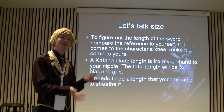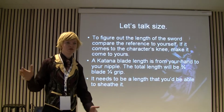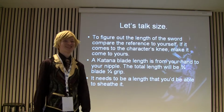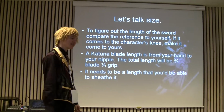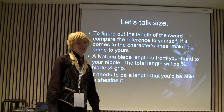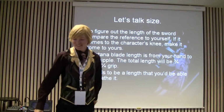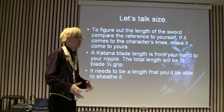I see a lot of people doing it with Sephiroth costumes. Personally, I think it looks better if you scale the sword to yourself, because at 7 foot, first of all, no one's going to be able to sheath that. Oversized anime swords. I once did a commission for a guy who had a Dante coat from Devil May Cry, and he does that thing where he just puts a sword away, and it's really big. So what he would do is have the sword out for photos, and he would put it back, and then a friend would come up behind him, hold the sword, and feed it down through the back of the coat. So think a little bit about practicality, because while accuracy is good,